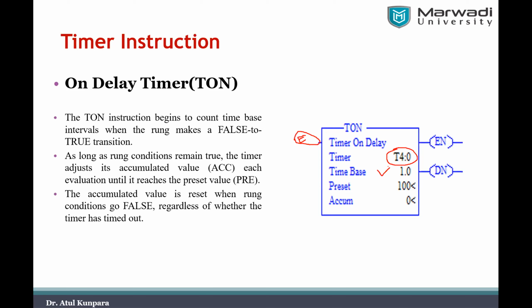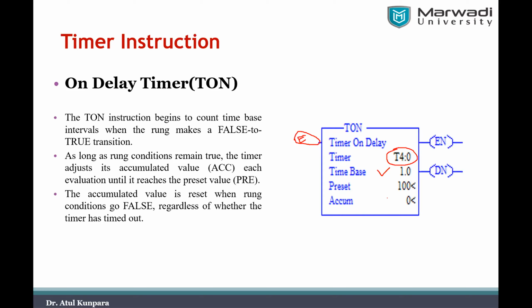And if you want to count in a smaller step, let's say in milliseconds, then you have to set your timer base to be 0.001. So that whatever preset value you have set in that timer, it will be incremented in millisecond steps. So that much preciseness you will be getting. That's what I want to tell you here, right?